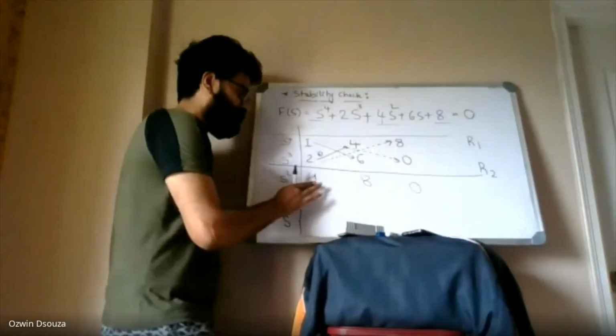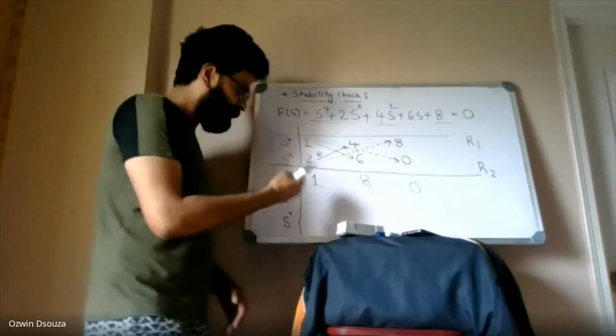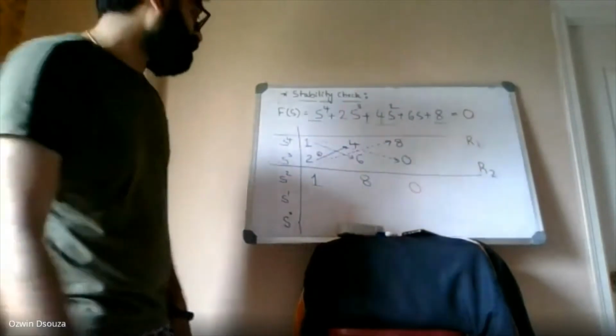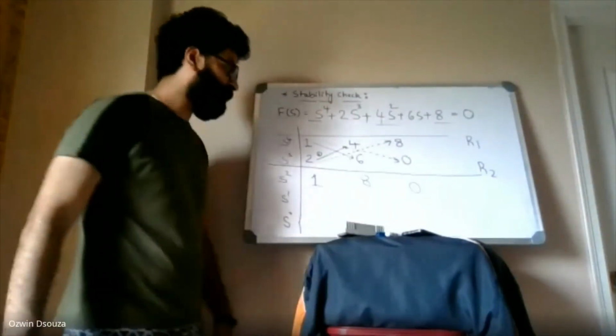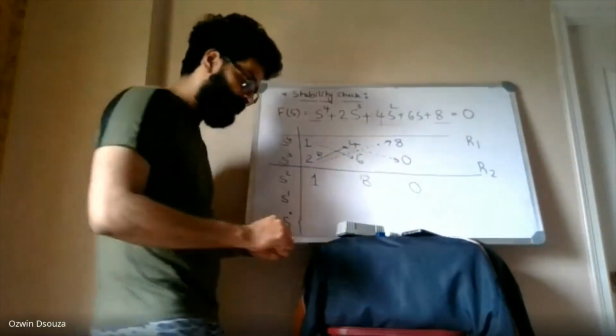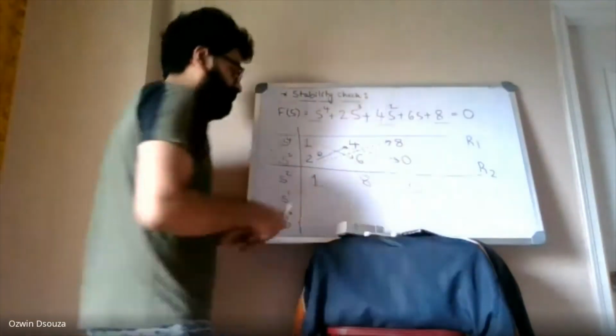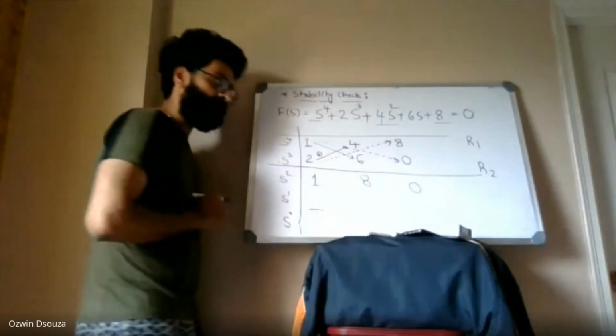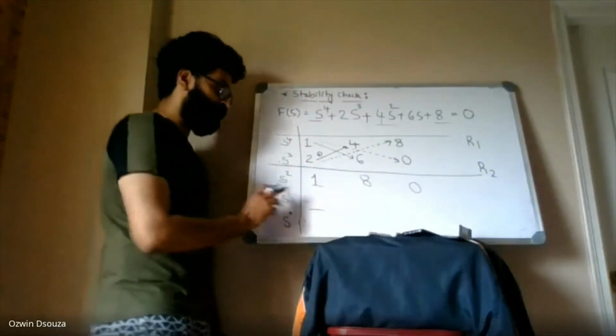All right. So having known the coefficients of s to the power 2 row enables you to find the coefficients of s to the power 1 row. Okay, shall we do it? Okay, I'll use a different color here. So I need to find the coefficient of s to the power 1 row.